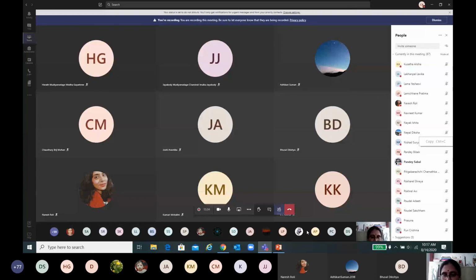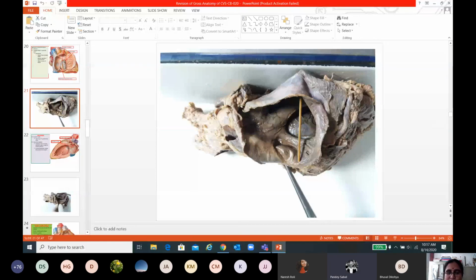Yes, ma'am. Okay, Sabal. Last question you should answer. Very important. Who knows, it may come in the university exam for your batch. Identify the arrowed area. Mention its boundary and mention the content. Triangle of Koch. Very good.